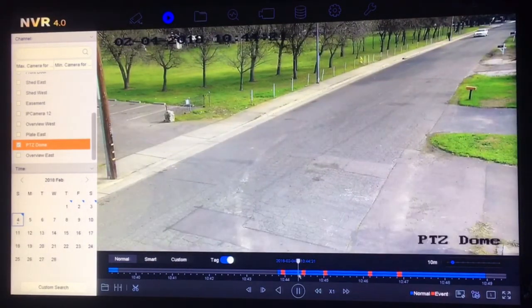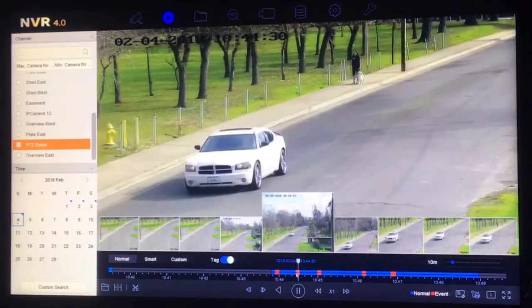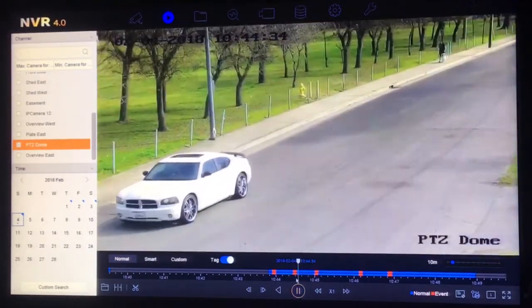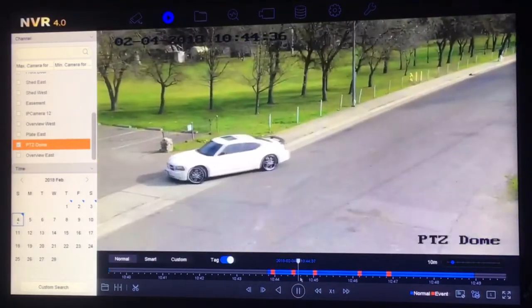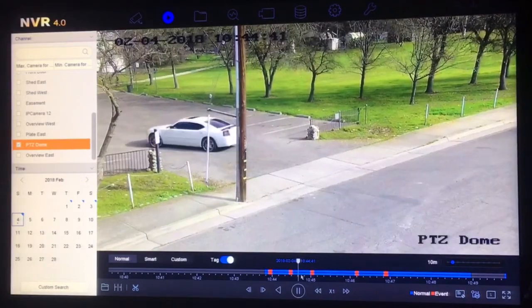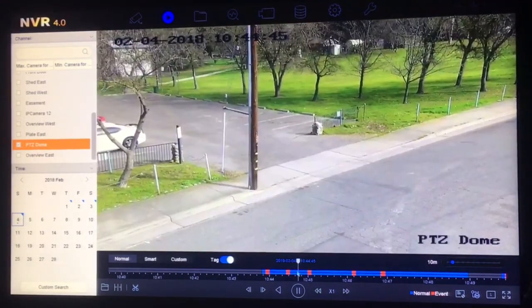Let's move it up a little bit in time because it takes a while. Okay, so there, that's the trigger because it's intrusion detection, and that is what it considers an event. So then it goes into normal recording for your after-event recording. And then as you can see here, by